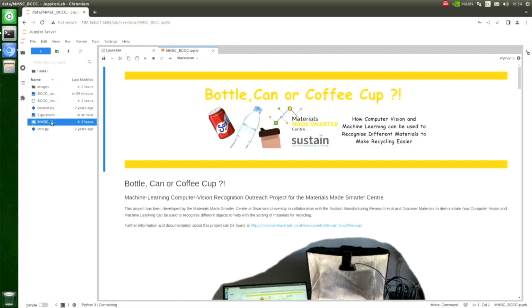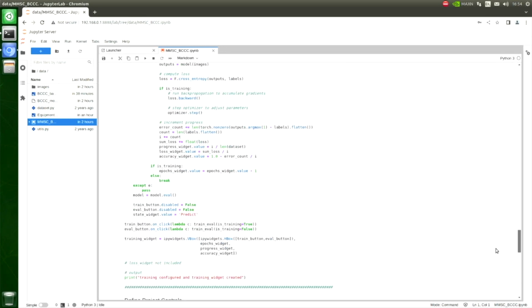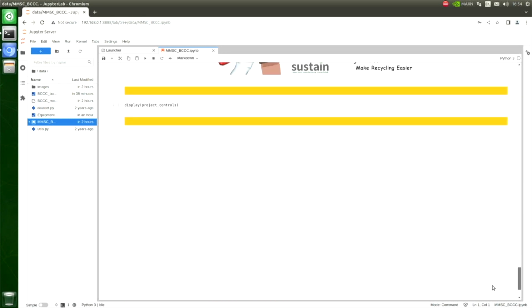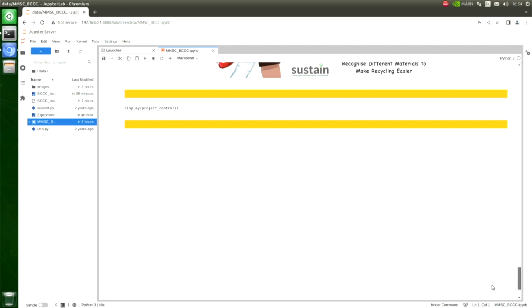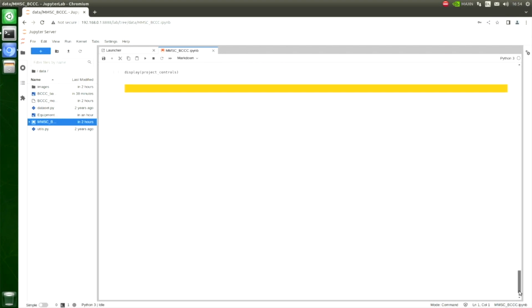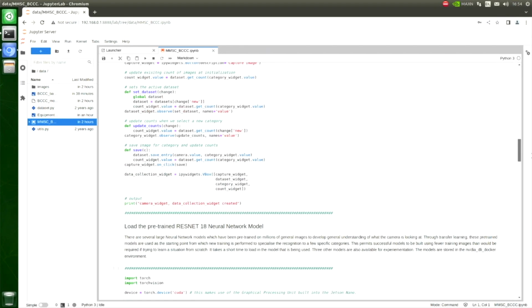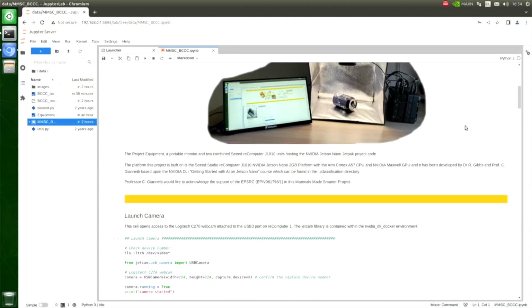When we open this up, we can see bottle, can or coffee cup, and we have all of the Python code needed to run the system, with the final command being to display the project controls after it has started to run. I will run through this code in the third video of the series,